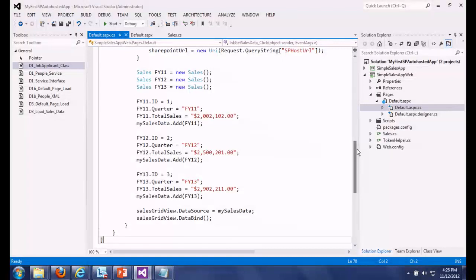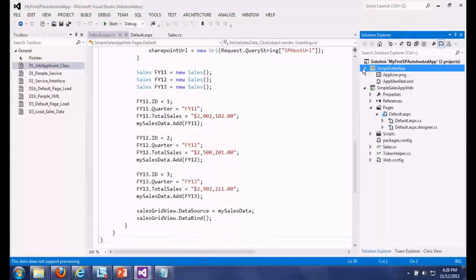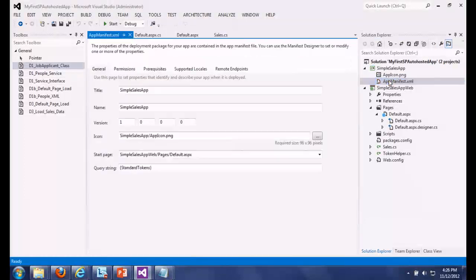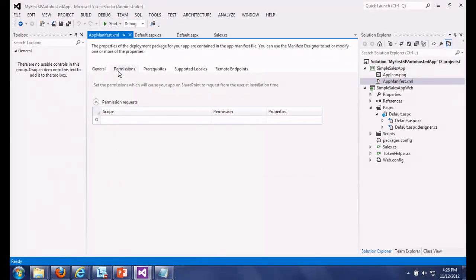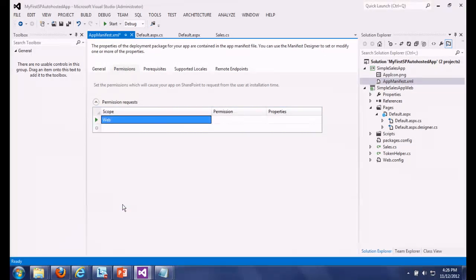Okay? Now, how I get this into SharePoint, a couple things here. The one thing you want to make sure you do is you set the permissions on the app. So if you're reading, I can go ahead and just read at the web level. And depending on what you're interacting with within SharePoint, you have to make sure that you're providing permissions for that particular thing. So if it's BCS, make sure you put it here. If it's web, make sure you put it here.